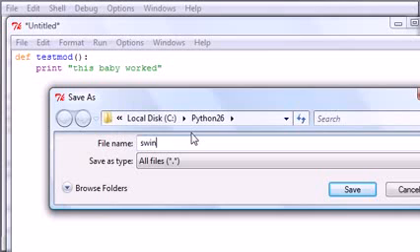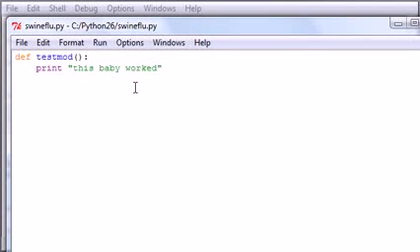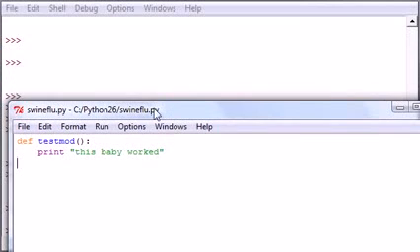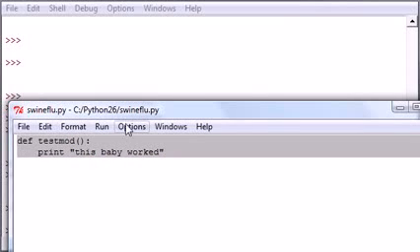I'm going to save mine as swineflu, because that's what's in the news today, .py. Again, this name and the .py extension are both very important, but more so you have to remember the name more than anything, and I'll show you why later. So go ahead and save it as some name, then .py, then press save. Now we have a module named swineflu.py. You can see the name over my cursor right here,